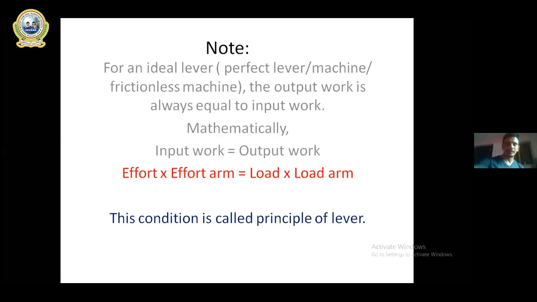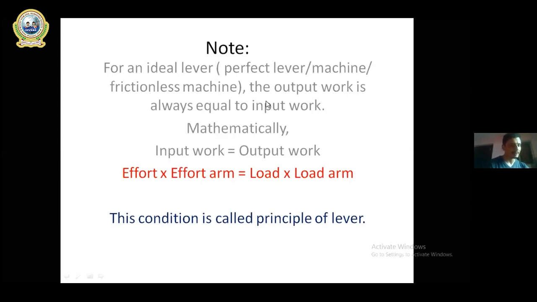If the machine is a perfect machine, भनेको के हो भने, यदि कुनै पनि मसिनले चाहिँ फ्रिक्सन नभइकन काम गर्यो भने, if a machine works without friction, that is called a perfect machine or perfect lever or frictionless machine. And if the machine is said to have no friction,